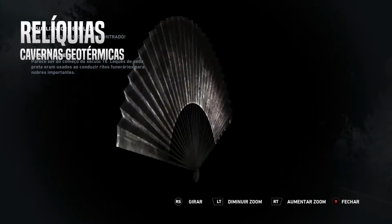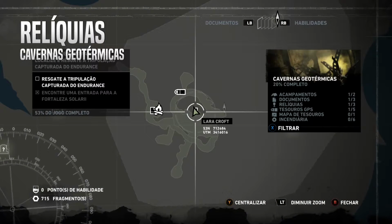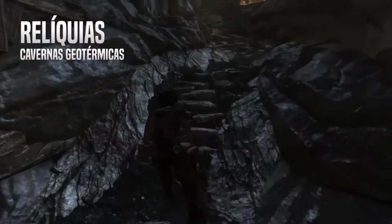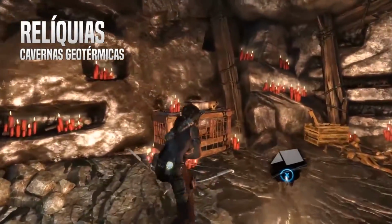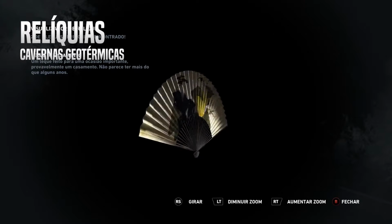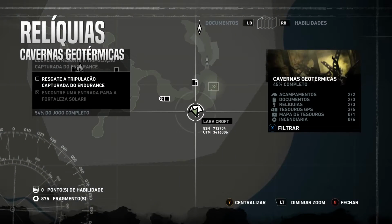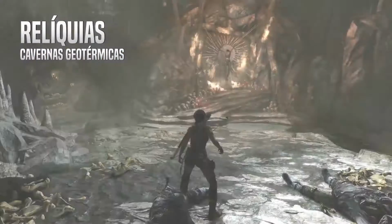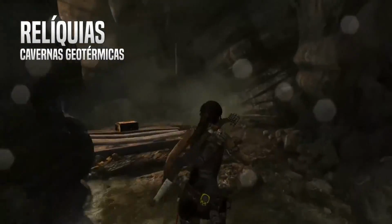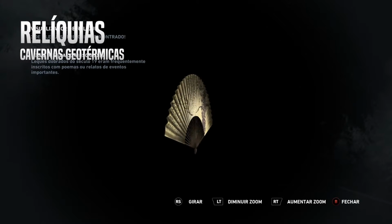I remember black silk fans were used when conducting funeral rites for nobles. Fan made for a special occasion, probably a wedding. Doesn't look old. Century folded fans were often inscribed with poems or...